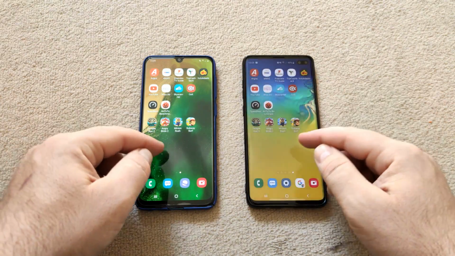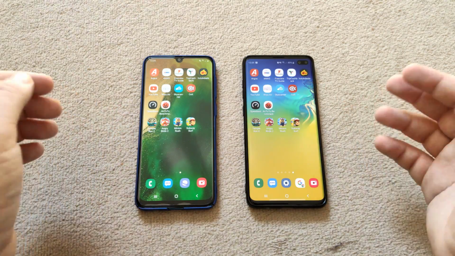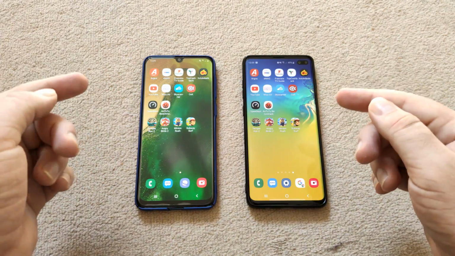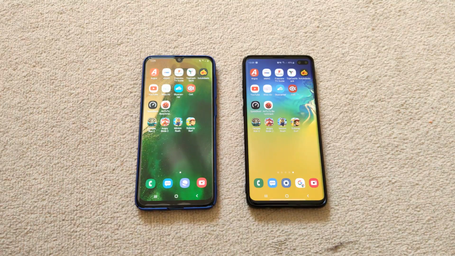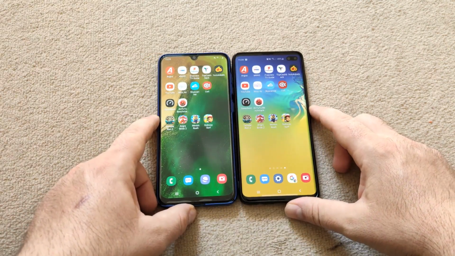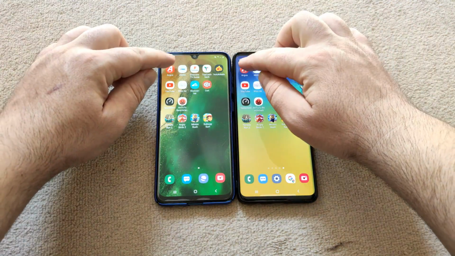So we're gonna start running a few tests and a speed test for these apps, and then we're gonna come back and see which one is keeping the apps in the background and which one is faster, and it would be interesting to see if there's any big difference between these two great phones. So let's start with the first app,